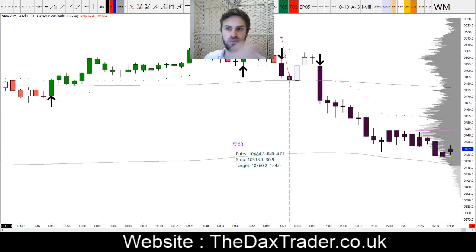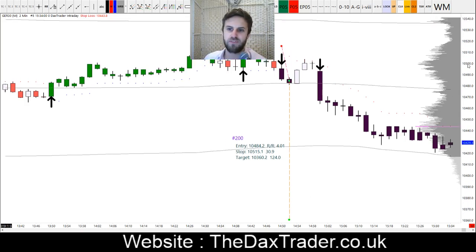and simple signal, and we got in just underneath its open, stop loss above the previous stop, and then we were looking for 4 to 1, so it was a 31 point stop loss, and we were looking for 1,036, maybe ambitious. And there were a couple of hairy moments, because up here it started to threaten to take out or close above the super trend or the dynamic stop loss, and if it does that, I'd get out of the trade. But it didn't,